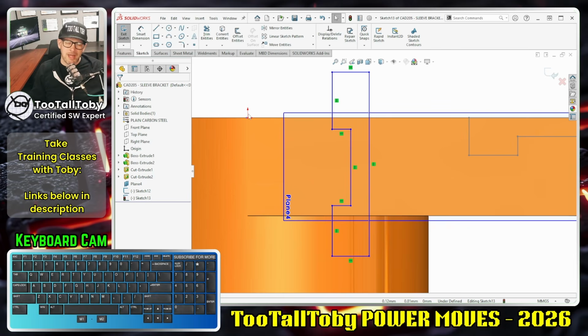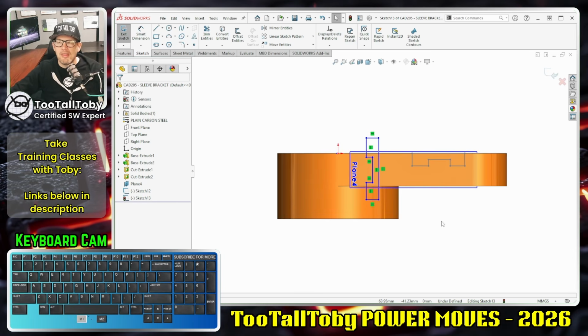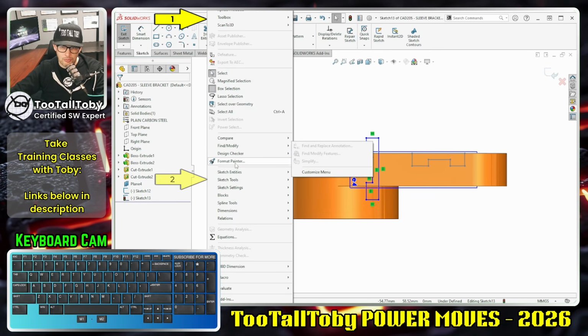This happens from time to time in SOLIDWORKS, and it can be a little annoying, especially when you're trying to create lofts between these two sketches. It's really kind of a quality of life thing. It's not that big of a deal. You could always go back and change the sketch and change it all back to horizontal or whatever. But there is another way that you can resolve this, and that is by using the command Tools, Sketch Tools,